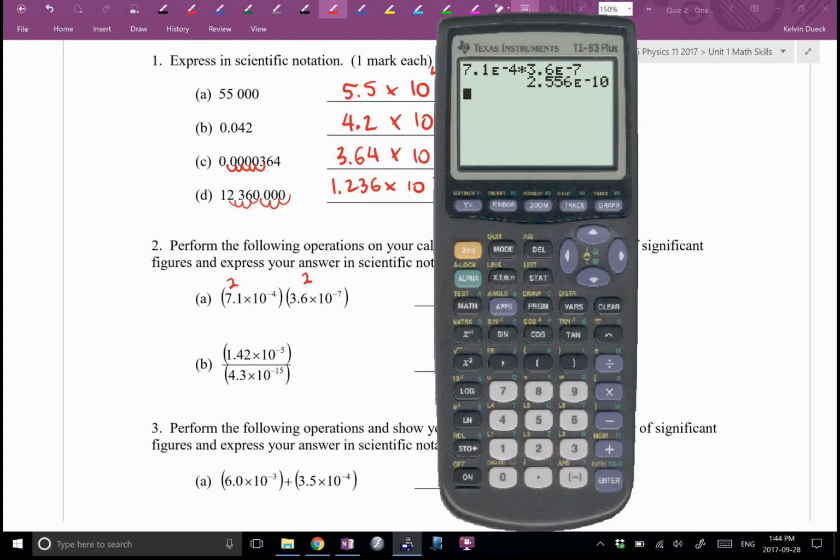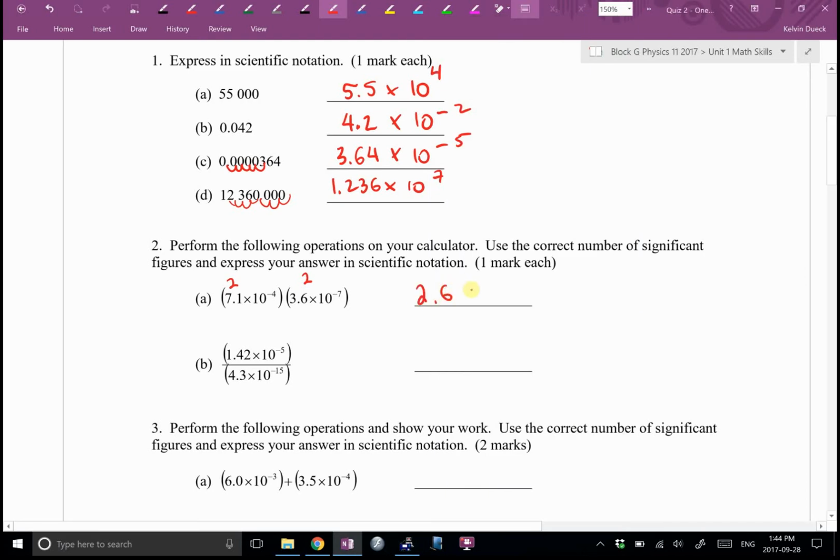I get 2.556 times 10 to the negative 10. Now, how many sig figs am I going to go to here, Morgan? So I'm going to look at the 5. Am I going to keep the 5 a 5 or am I going to make it a 6? It's going to become a 6. So 2.6, half mark for that, times 10 to the negative 10, half mark for that. If you wrote 2.6 E10, because that's what your calculator said, half mark, because that's not what it means. That E means times 10 to